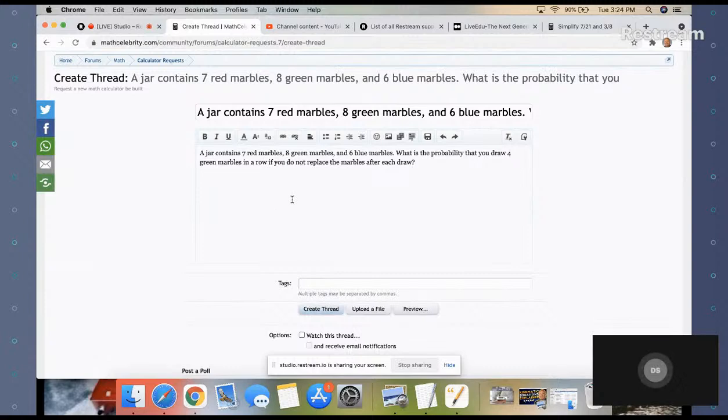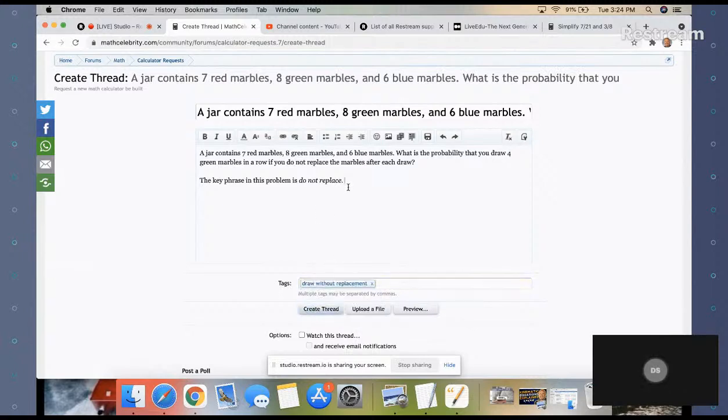The problem reads: the jar contains 7 red marbles, 8 green marbles, and 6 blue marbles. What is the probability that you draw 4 green marbles in a row if you do not replace the marbles after each draw? The key phrase in this problem to jump out at you is do not replace. So what this means is it's a draw